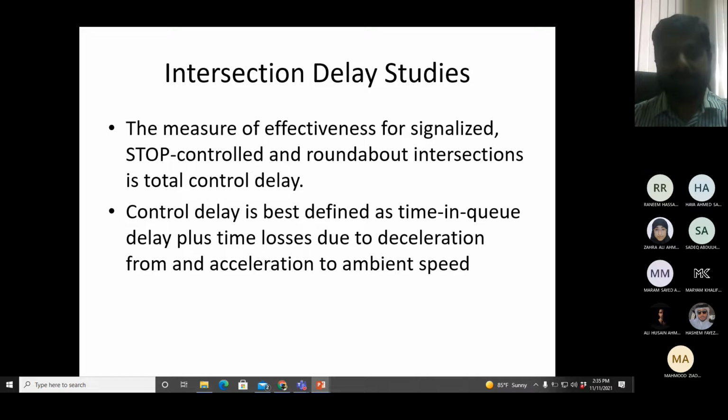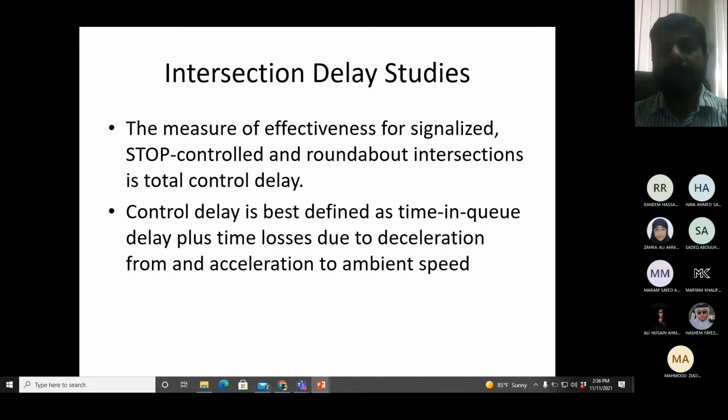Now wherever you have an intersection, we have a control device as well to regulate the flow of vehicles. So what are these control devices? A signal is a control device. A roundabout is a control device. A stop sign is a control device. So intersections normally have control devices to regulate the flow. Otherwise, if the drivers are left to their judgment, there will be accidents. So the delay which is measured on the intersection is known as control delay. What is control delay? It is the delay which is measured at the intersection, and that is the delay caused by the control device which you are using at the intersection.